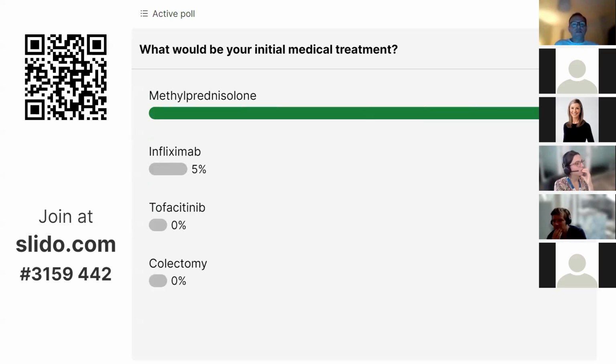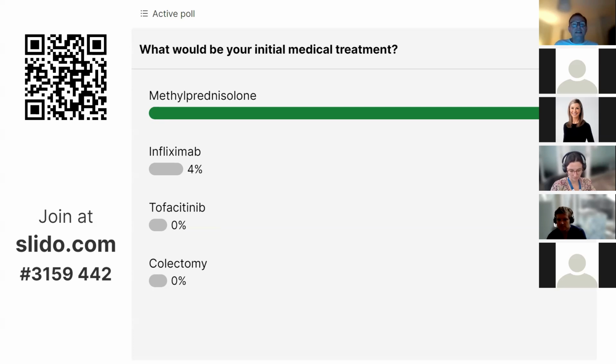Okay, so everybody bar 1 or 2 people did methylprednisolone. Can the person who said infliximab, or the 1 or 2 people who said infliximab, do you want to come on the microphone and say why? I guess that's a no then. Okay,